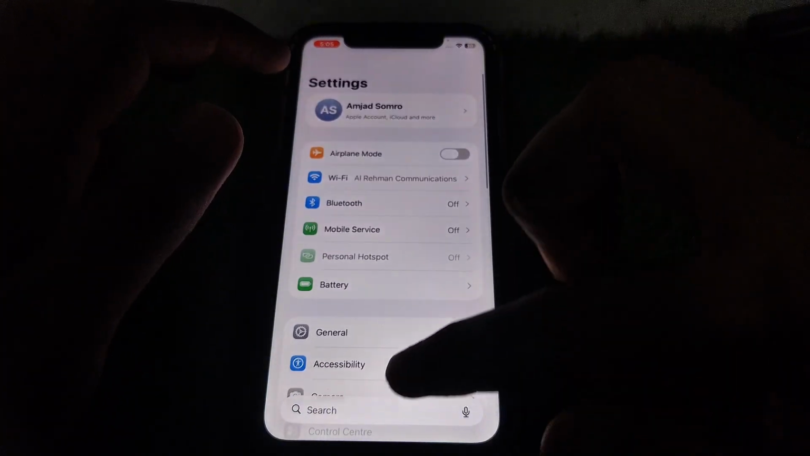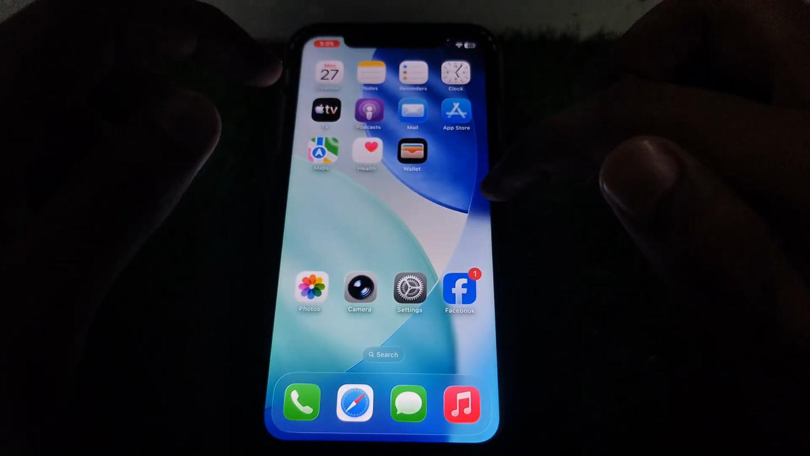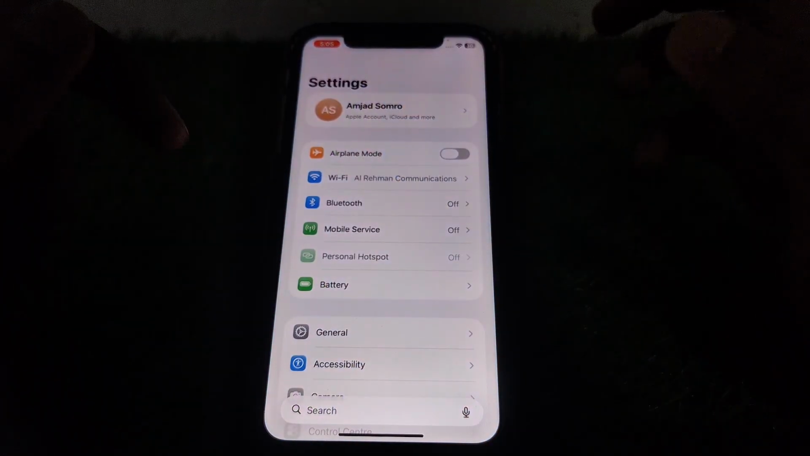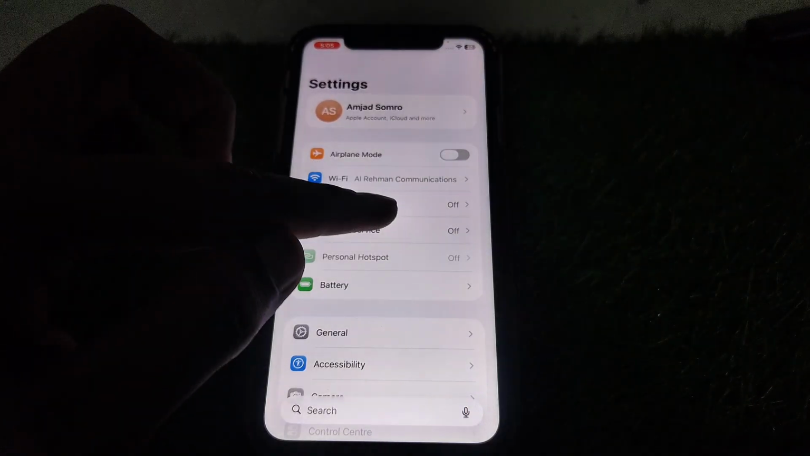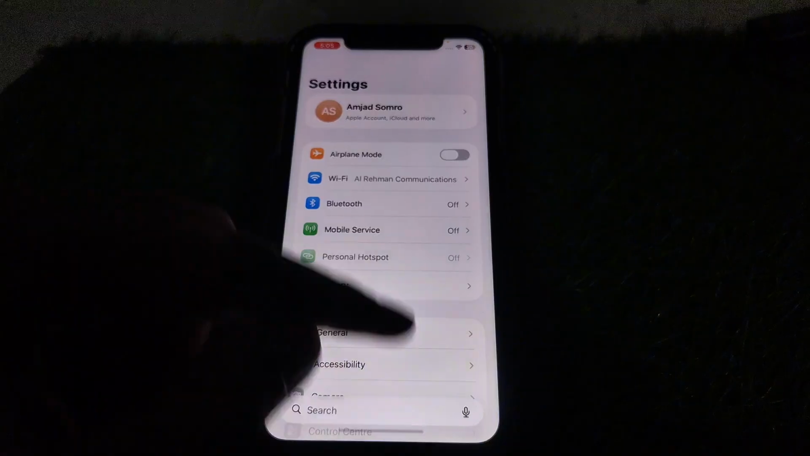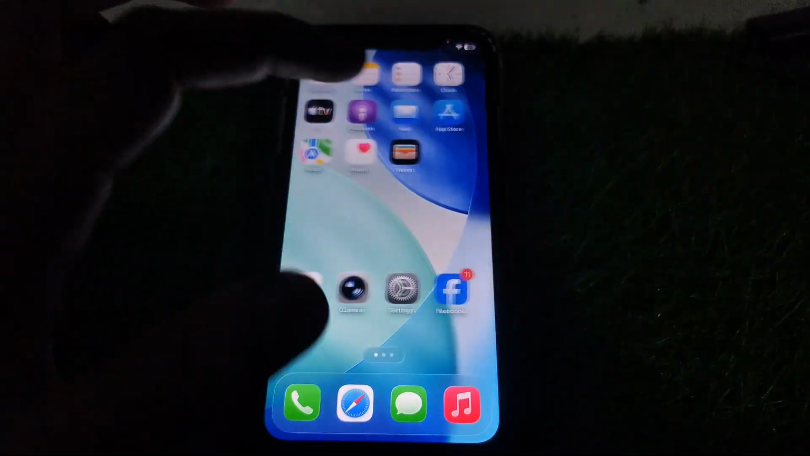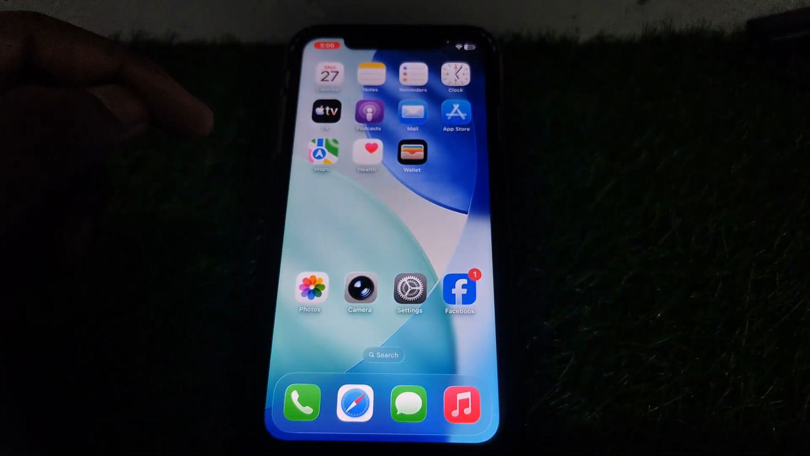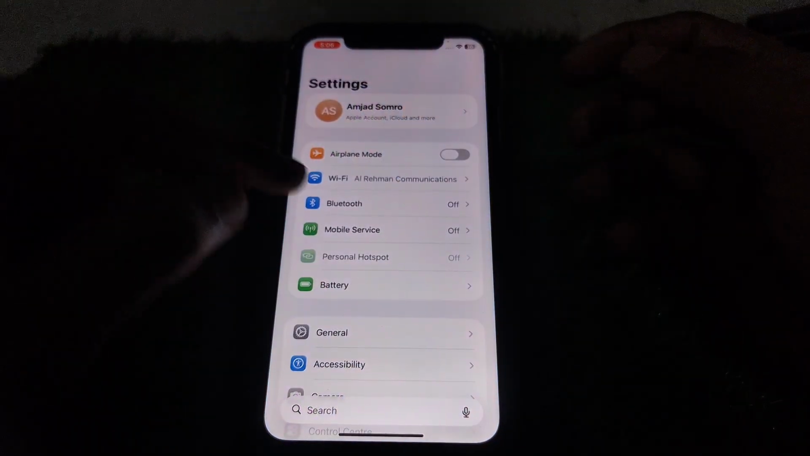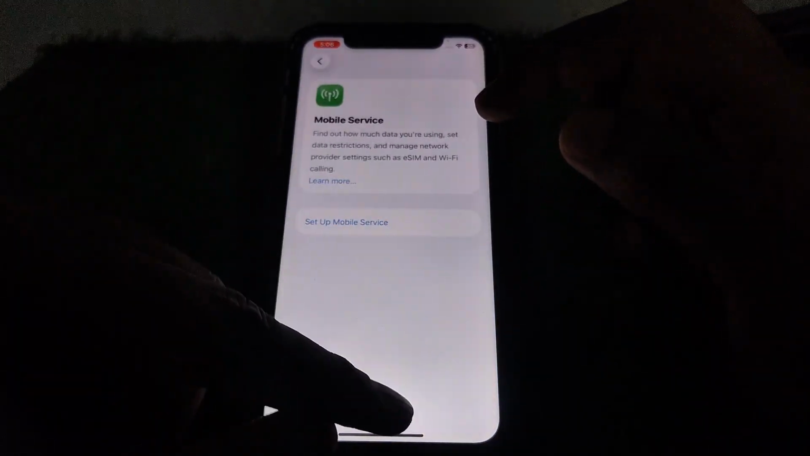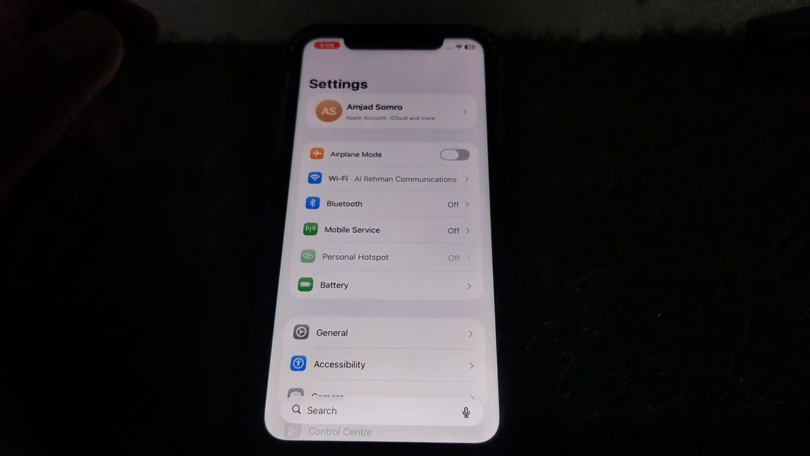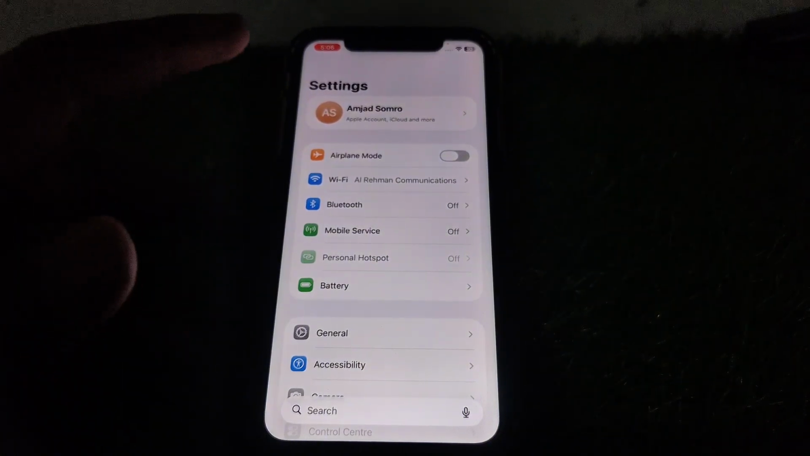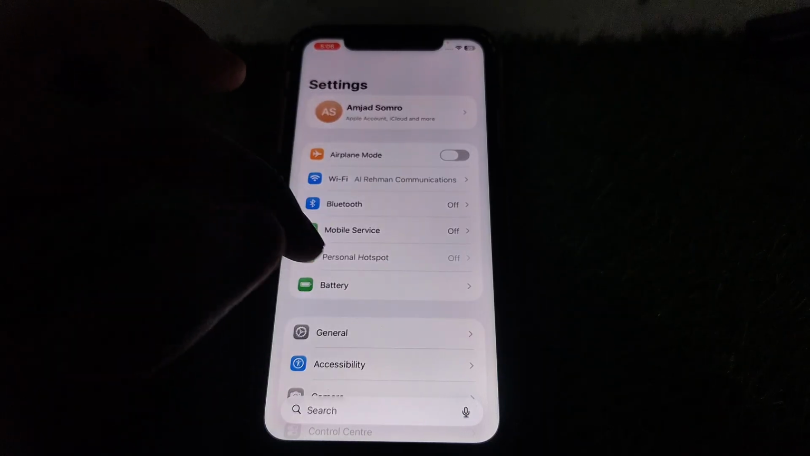And after resetting all of your network settings, if you are using the cellular connection, then you have to go to Mobile Services, and after that turn on the 5G or better 5G option on your iPhone iOS 26. For this, go to Mobile Service and turn on the mobile services, and after that select Auto 5G,